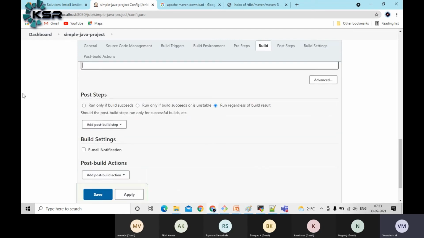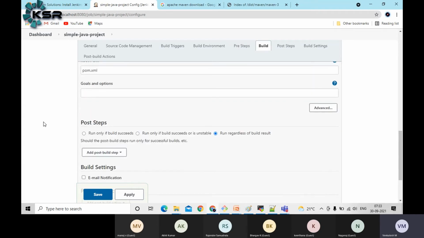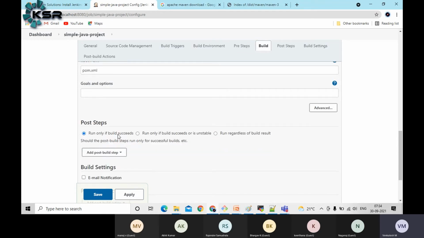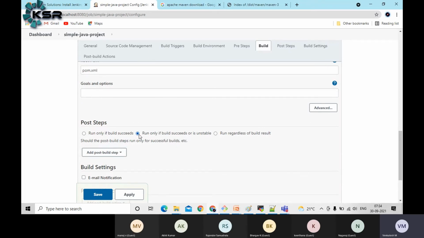Similarly, let's say if the build section succeeded, then what do we need to do? You have some multiple options here again, guys. Run only if the build succeeds. That means if this step is a success, then only the other step is going to execute. Otherwise, it won't be executed. Similarly, run regardless of build outcome. That means if the build is a success or failure or aborted, in any case the steps are going to execute.